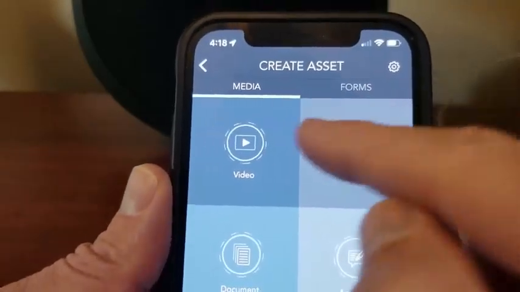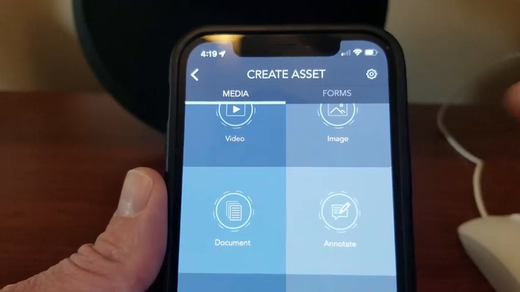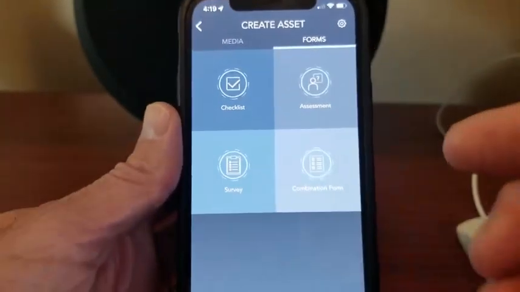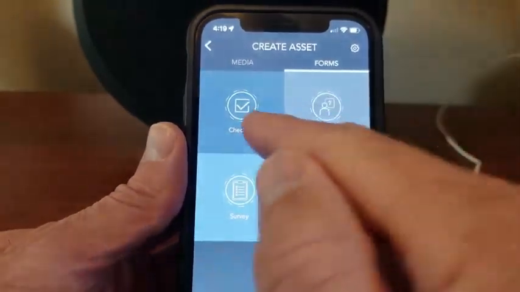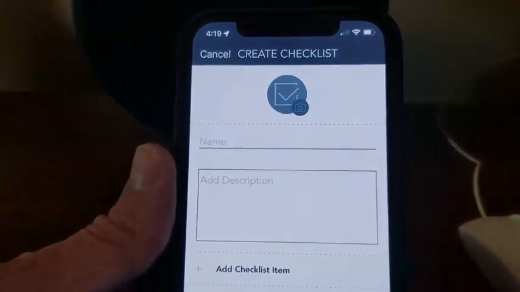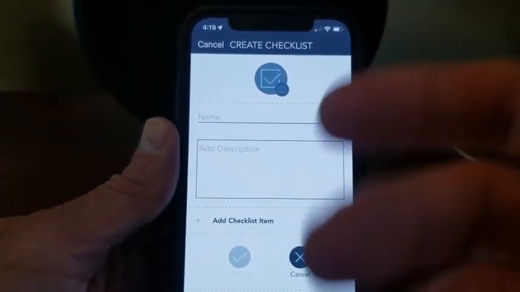As you can see, there are two tabs at the top of the screen, Media and Forms. A checklist is considered a form, so let's navigate over to the Form tab. Then we want to tap on the Checklist button up here in the upper left-hand corner. Now, we just want to work our way from the top to the bottom of the screen to create our